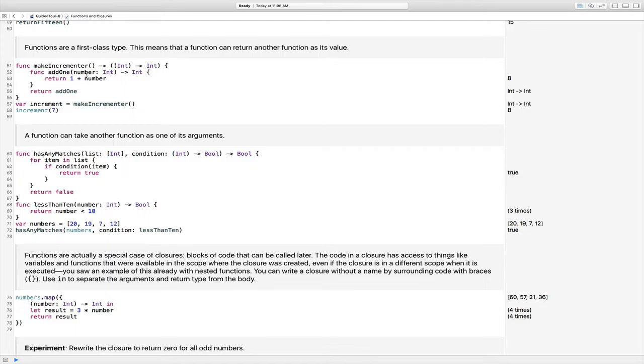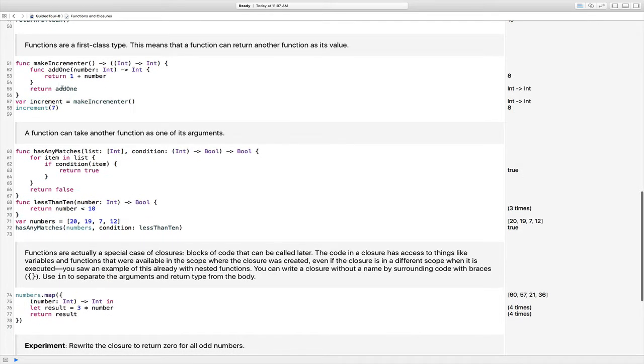And then that function, the add one function, returns 1 plus the number. Okay, and that makes sense there. It returns 1 plus the number. So it performs an increment function, increments it by 1. And then we return add 1, okay, once we pop out of that. And then here we're going to create an incrementer variable where we call make incrementer, okay? And so then once we have that, we're going to call increment and